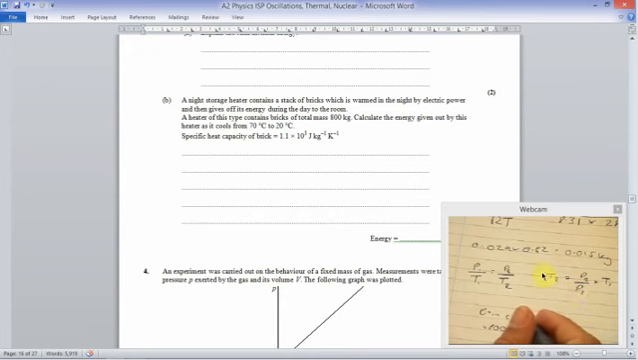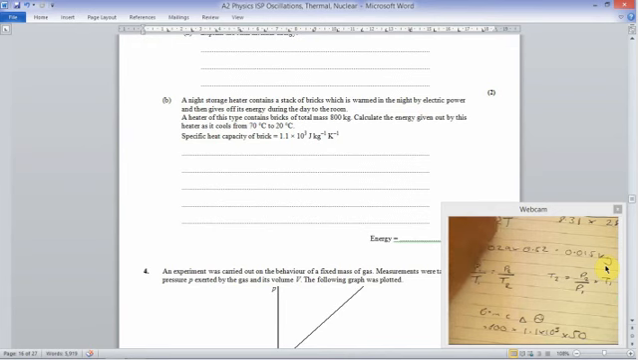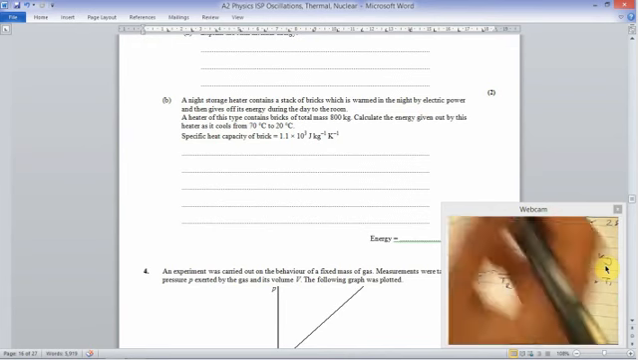That's what they want. 800 is that. You've been given a specific heat capacity. And you'll be given a temperature change of 50. Remember, that'll be 50 degrees or 50 Kelvin, it'll be the same. So you put those values in. It's 4.4 times 10 to the 7